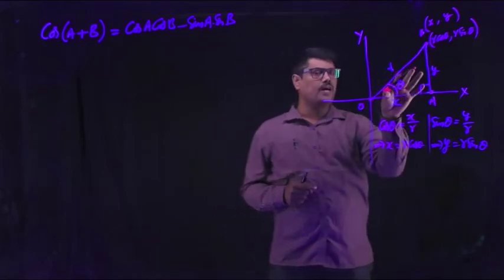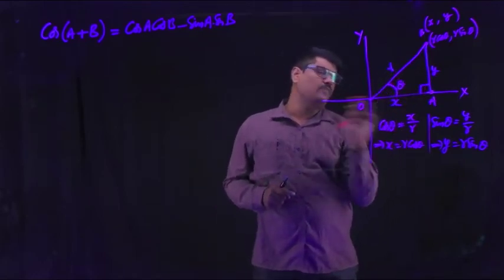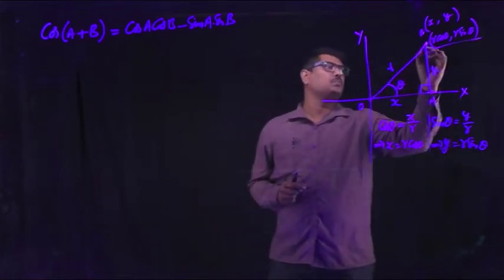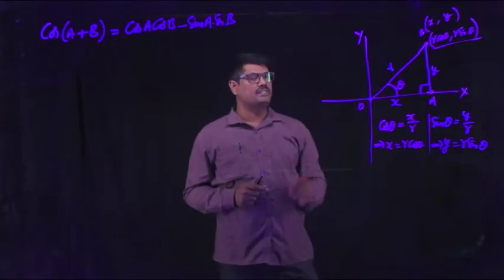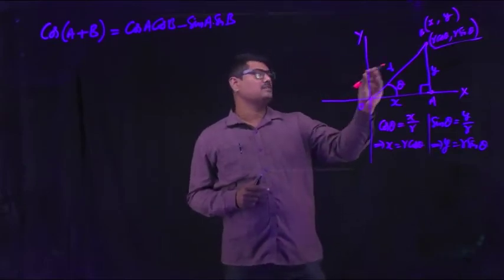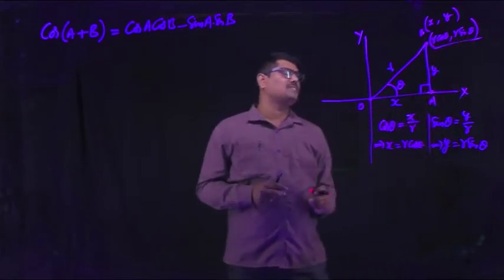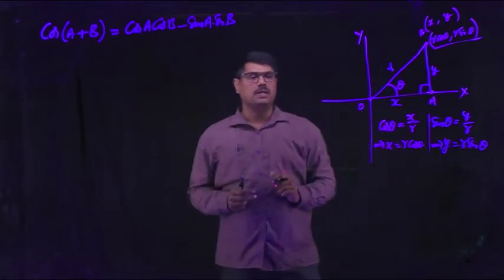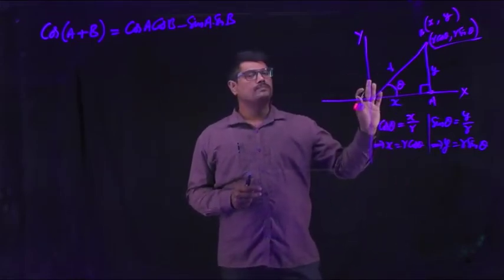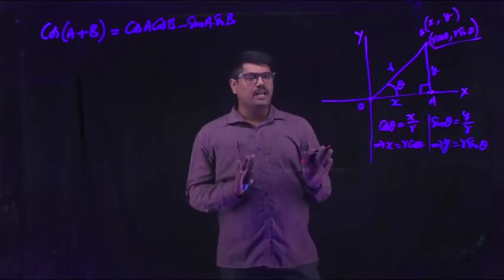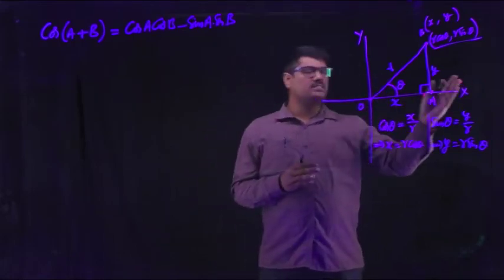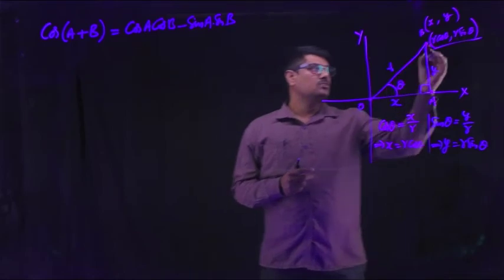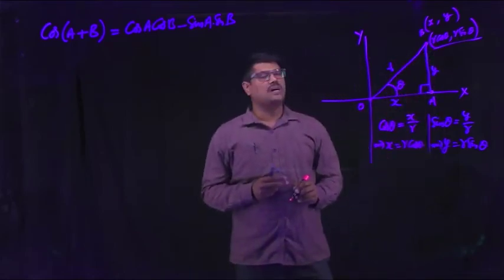If you know the value of r and the angle theta, then you can construct the point, which is r cos theta and r sin theta. Generally, we call that polar coordinates. So constructing a point like this, we call it polar coordinates. In doing the verification of this formula, everyone has to know this concept: if any line makes an angle theta with the x-axis, then you can write the x coordinate and y coordinate. The x coordinate is r cos theta and the y coordinate is r sin theta.